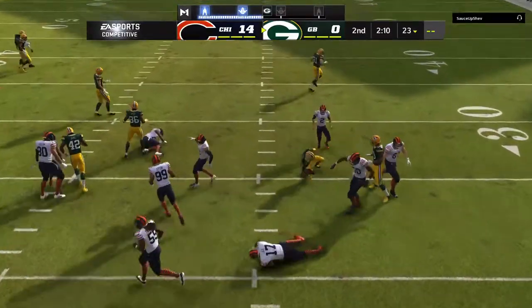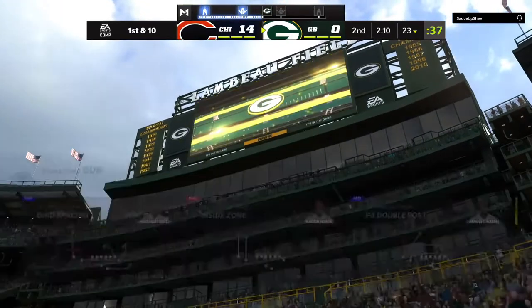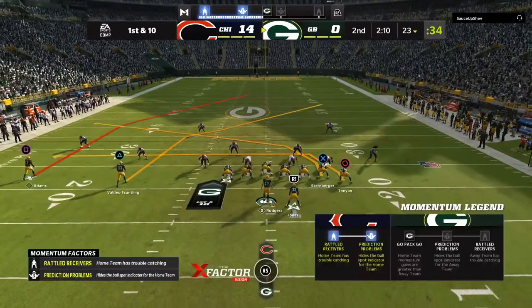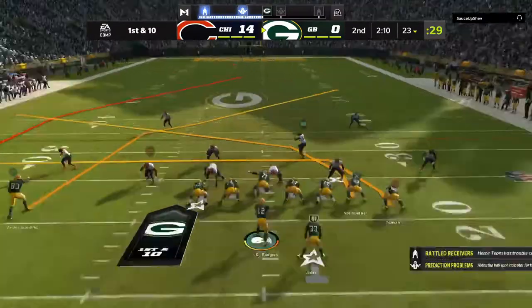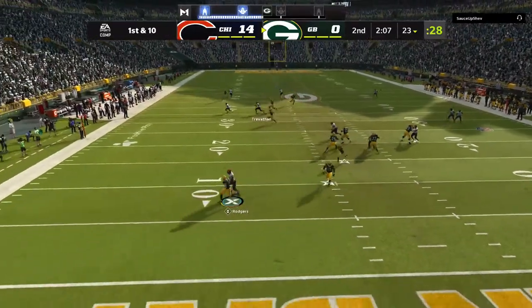And ultimately cannot get this out to the 25-yard line as he's dropped at the 23. About set to get this drive started. The Green Bay offense at the line. And 2 interceptions already here in this first half. That's got to affect him a little bit, right? He's got to be thinking about it. He's got to be thinking about it, but most...